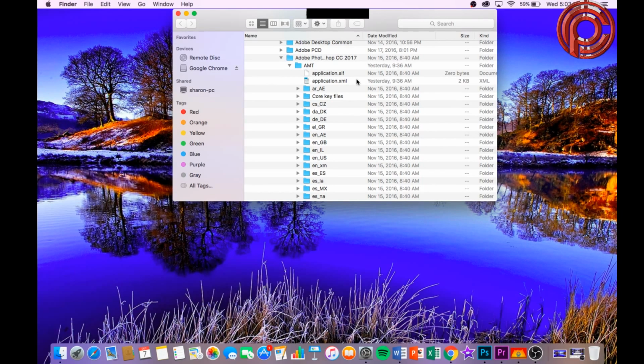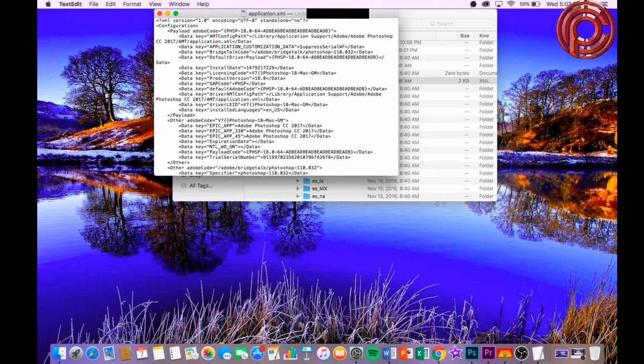We're going to use open with TextEdit. This can be overwhelming for people that don't know what they're doing, but first off, up here, as you can see, it says locked. So if you try to edit it, it's not going to let you edit it. It says you do not have permission to write over the folder. So what you're going to do is come over here and click on locked up there,